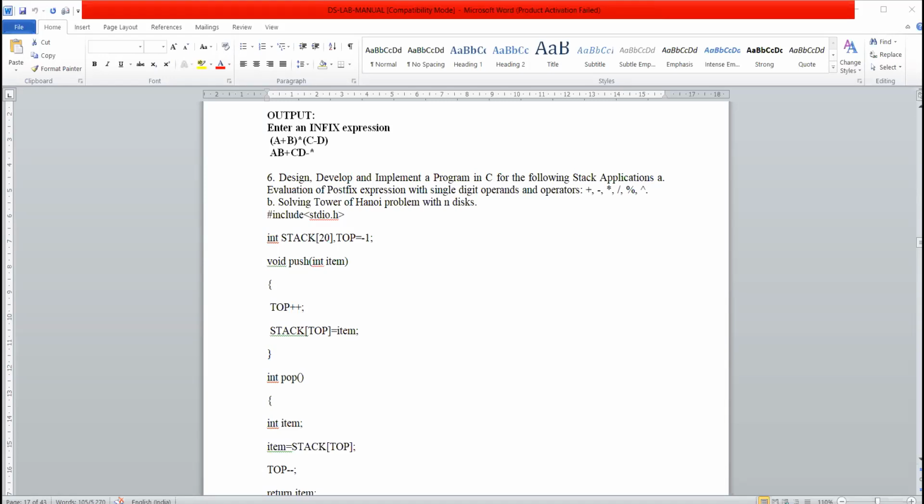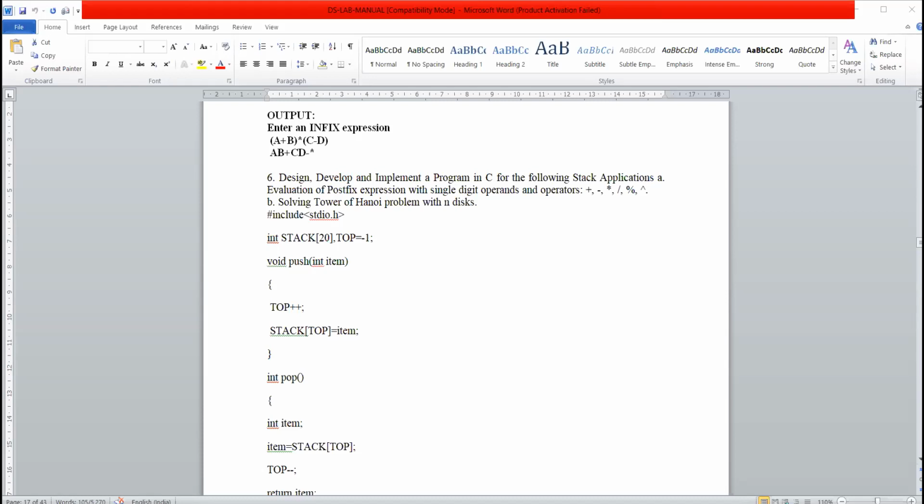Then in the main function, we are just displaying something like evaluation of postfix, and asking you to enter the postfix expression, which is stored as a character array. You are defining post as a character array, and the expression is stored in post.